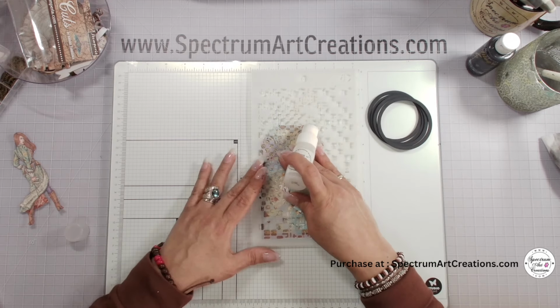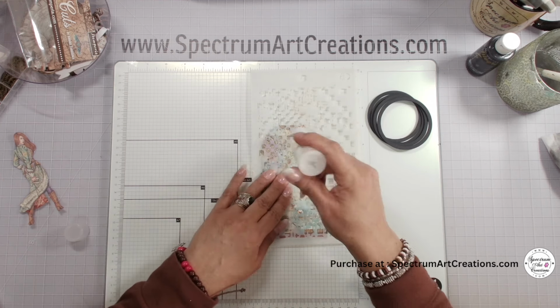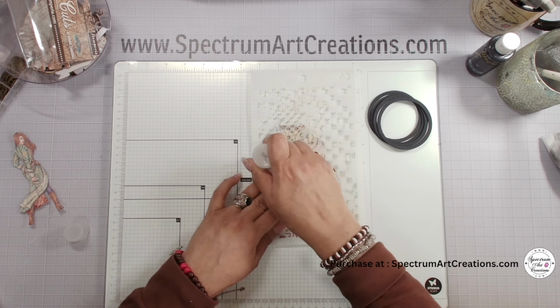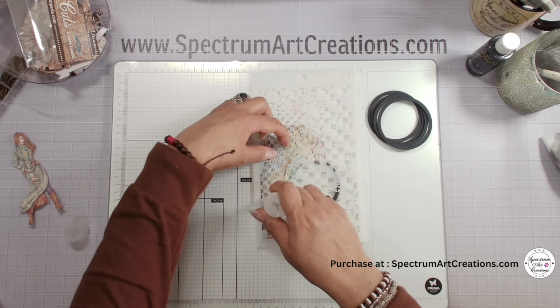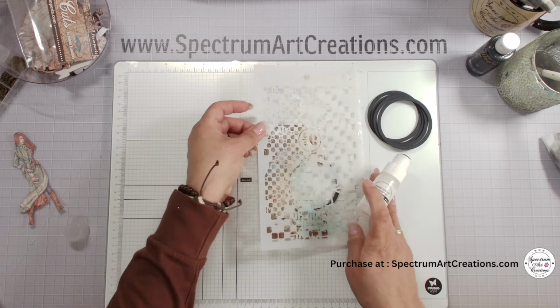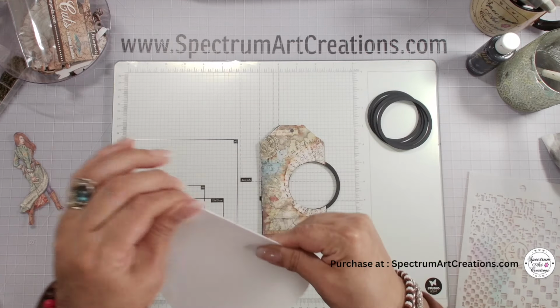So I'm going to use my dauber and just roughly go through some of these square-like openings. They're kind of grungy squares. It's not perfect checkers, and I think that's going to look very cool because it looks like little metal plates. Using a clean sheet or a scratch piece of paper, we can put that underneath,